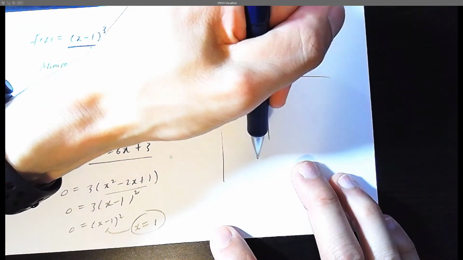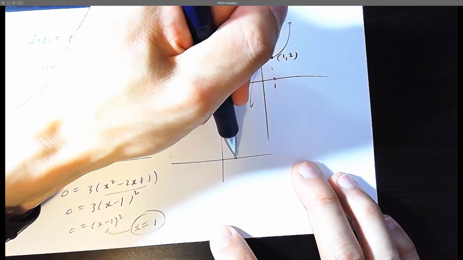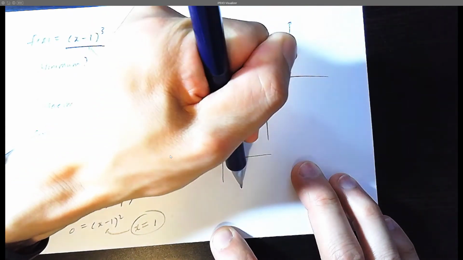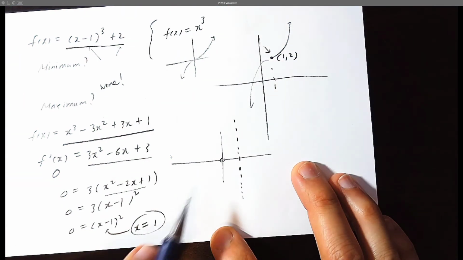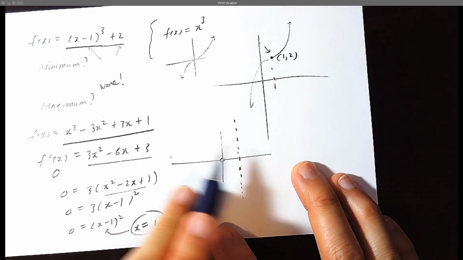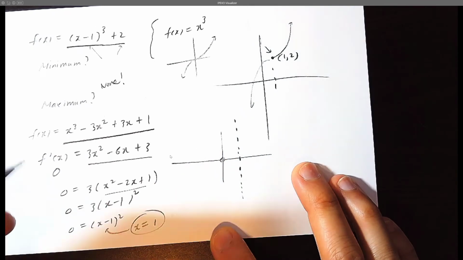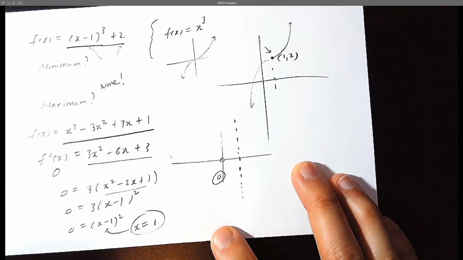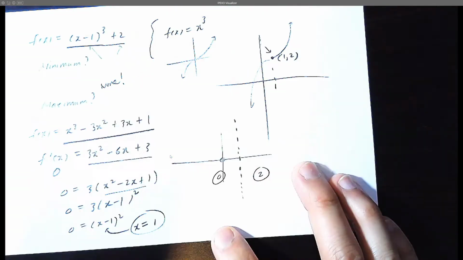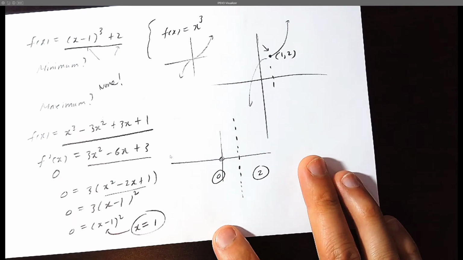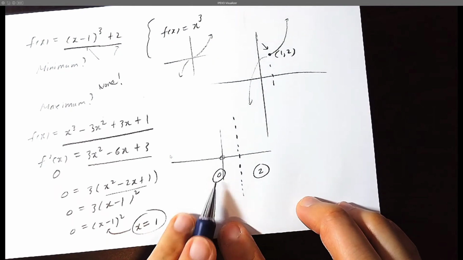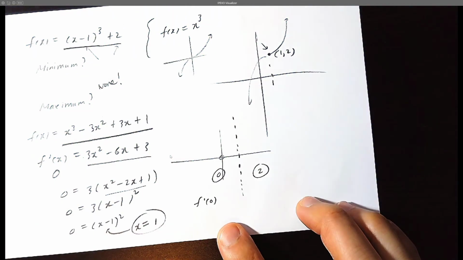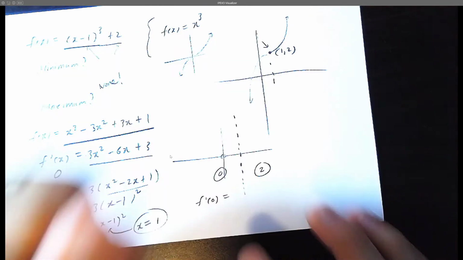So without even knowing what this function looks like, at x equals 1 here, we have a country boundary. Very important, critical point. We need to think of a number to the left and to the right. Perhaps Canada, USA. Let's pick a nice candidate number. Let's pick the number 0 here for Canada, and let's pick the number 2 here for USA. Now what is the slope at x equals 0? f prime of 0 is equal to,